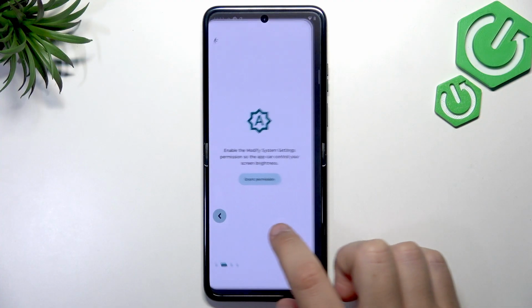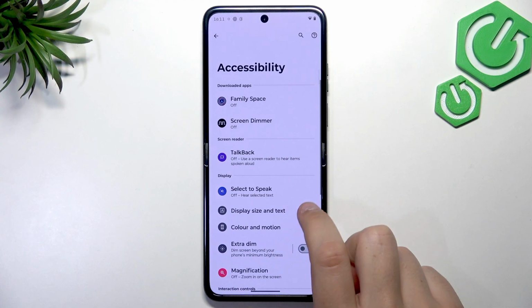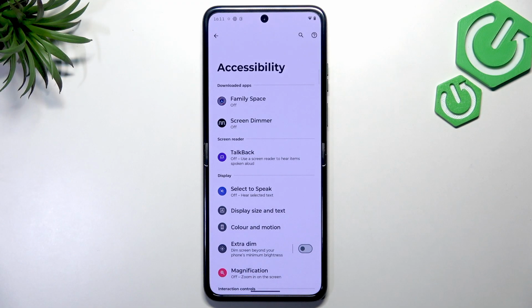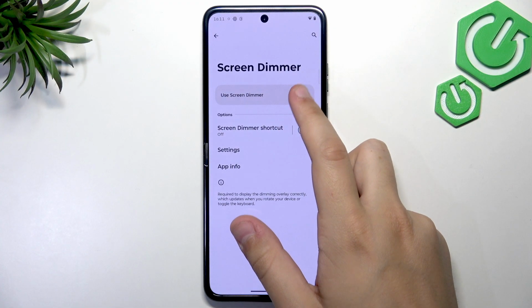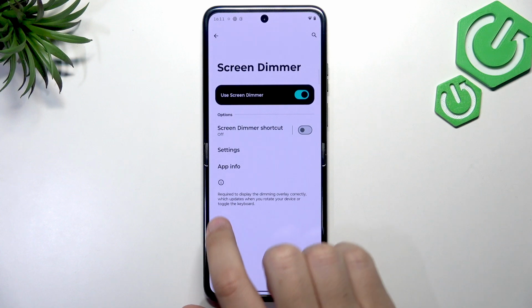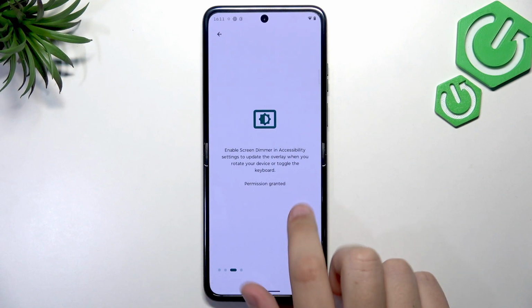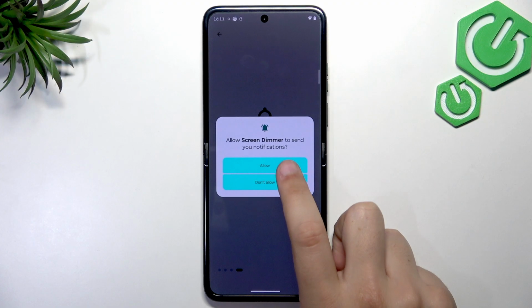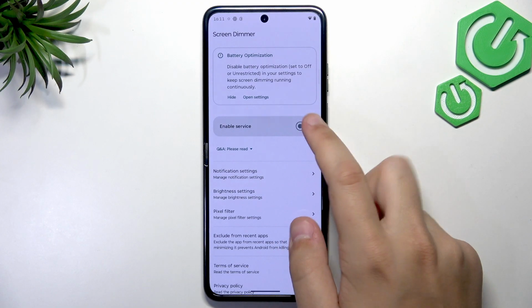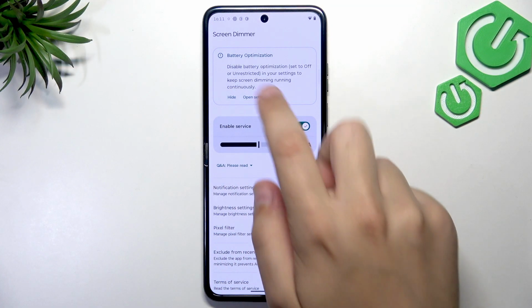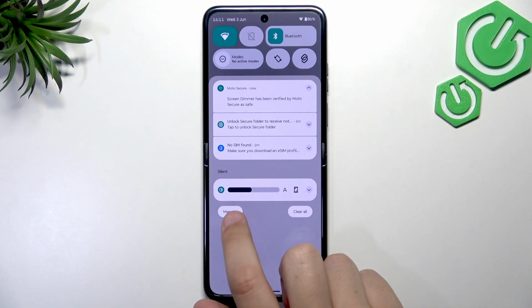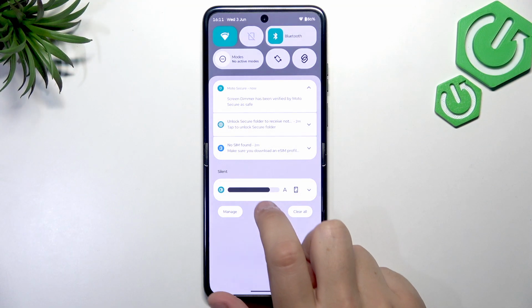The next one, whenever we rotate our phone or enable any overlays like keyboard and etc., that's why we want to make sure that we go to accessibility, select screen dimmer, and enable it. Click on allow, and it is done. You can leave the settings, the last one, to grant the permissions, and of course we can enable it just like this. I'll lower the brightness for you guys,